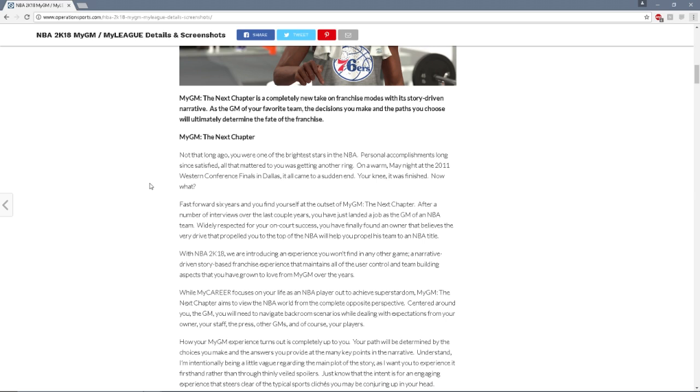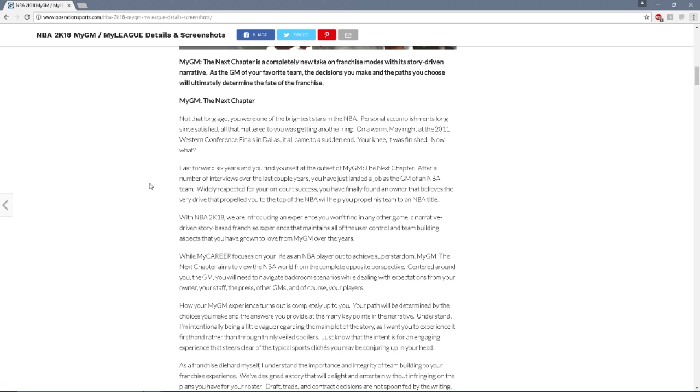Widely respected for your on-court success, you have finally found an owner that believes the very drive that propelled you to the top of the NBA will help you propel his team to an NBA title. With NBA 2K18, we are introducing an experience you won't find in any other game, a narrative-driven, story-based franchise experience that maintains all of the user-controlled and team-building aspects that you have grown to love from My GM over the years. While My Career focuses on your life as an NBA player out to achieve superstardom, My GM: The Next Chapter